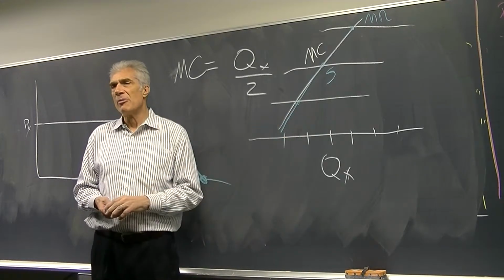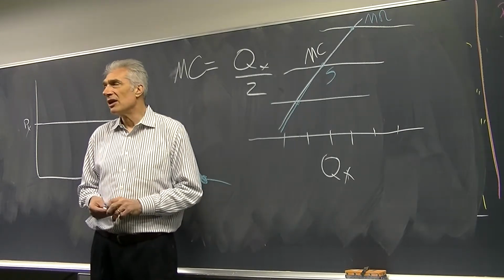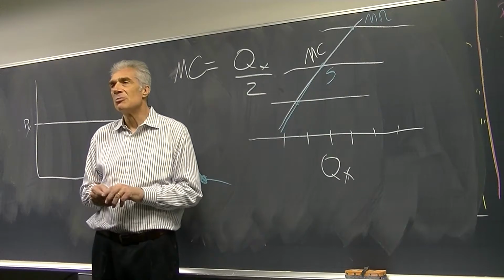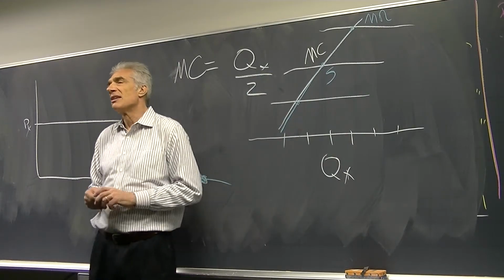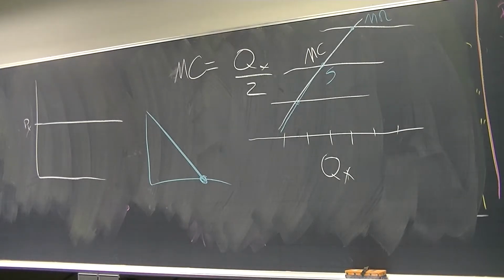Very, very important to remember that. The upward sloping marginal cost curve is the supply curve. That's why it's the supply curve. It's an important thing to remember. I'm not saying that when I was your age I understood that, but if you can understand that at a much younger age than I did, then you're ahead of me.